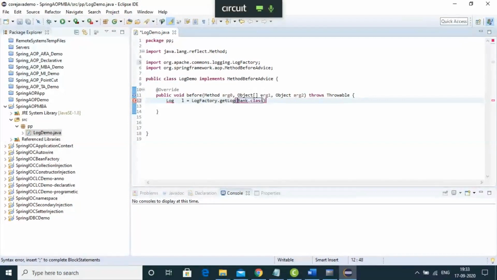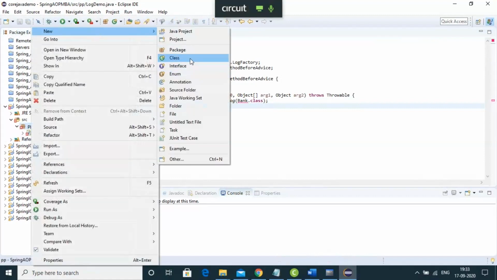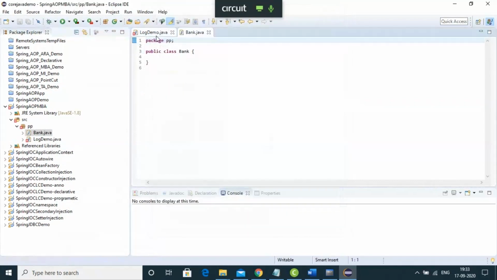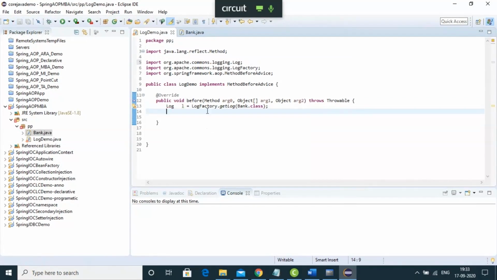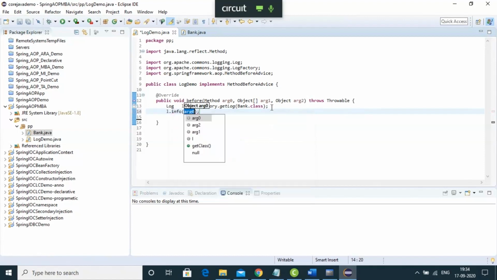Now the Bank class we have not yet created, so you have to create that Bank class. Just create a Bank class here: right click, new class, Bank. For your Bank class, I want to implement this logging. So I have to create a log object, and I'm calling l dot info, and just write some statement here